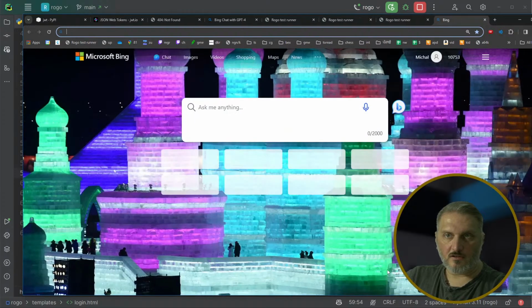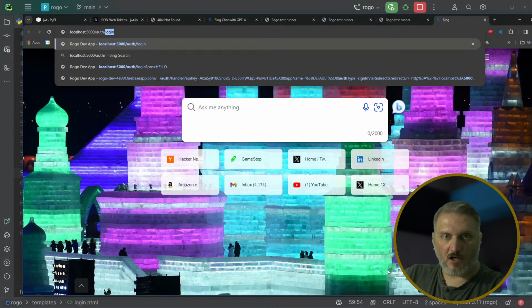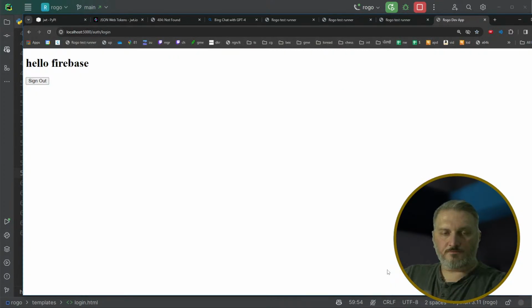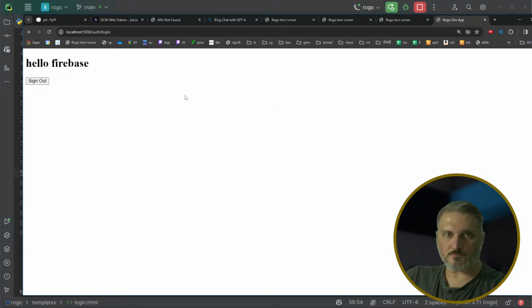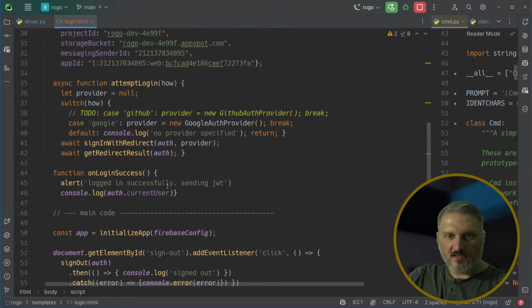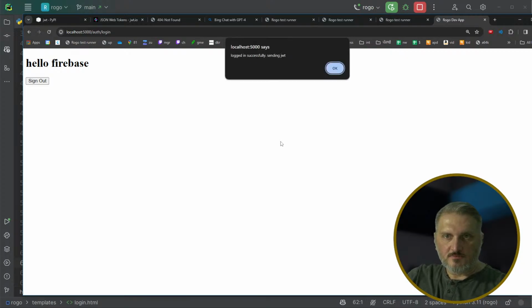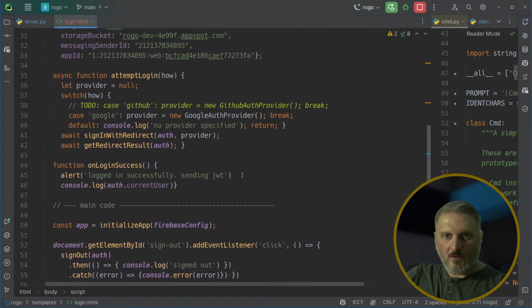And we'll do it again. Localhost 5000 auth. Okay. Then on login success, should have said logged in successfully sending JWT. I think it did. Logged in successfully sending JWT. Right, so what we actually want to do here